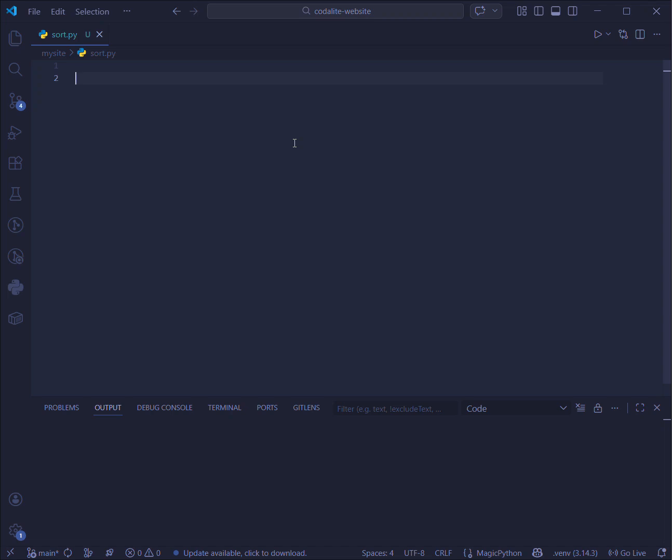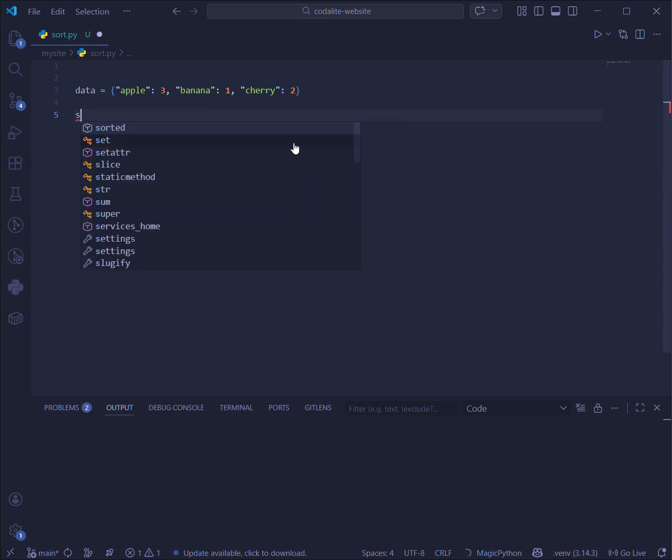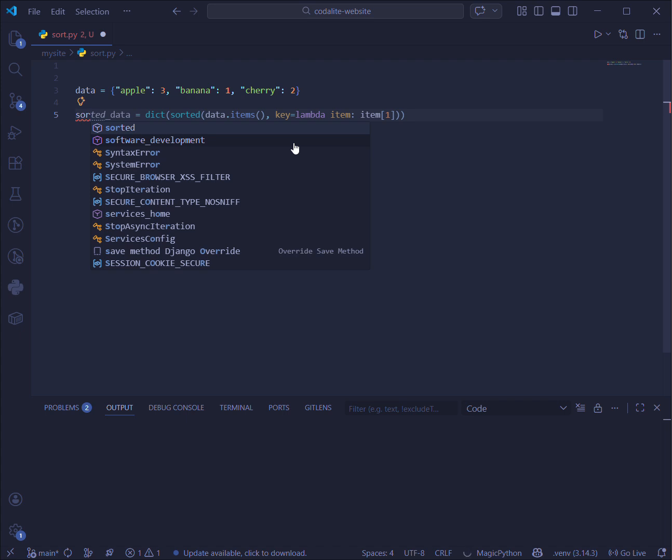Guys, let's flex our Python one-liner skill. So I'll declare a variable here, data, assigning to a dictionary of apple, giving a value of 3, banana, 1, cherry, 2. And then I will declare a variable here called sorted_data